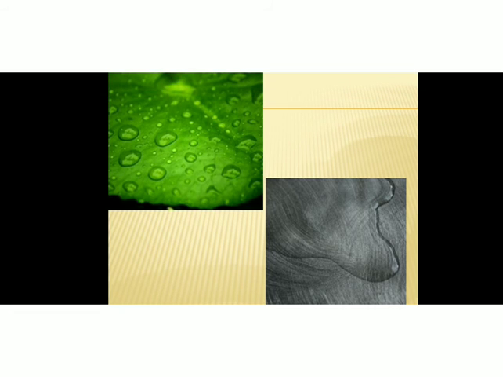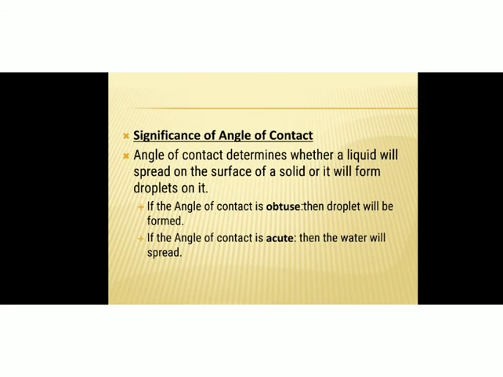Now, here you can see, this is water drops on a lotus leaf. It has formed a droplet here because the angle of contact is more, that is, it is an obtuse angle. But at the same time, here we can see this is water which is spread on a table, and here the angle of contact is less, hence that water is able to wet the table. Here water is not able to wet the lotus leaf, it has just formed a droplet because the angle of contact is obtuse or more here, that we will discuss in the next slide.